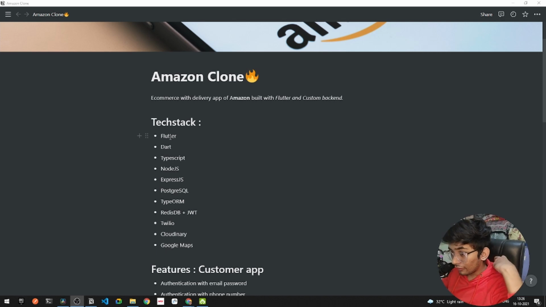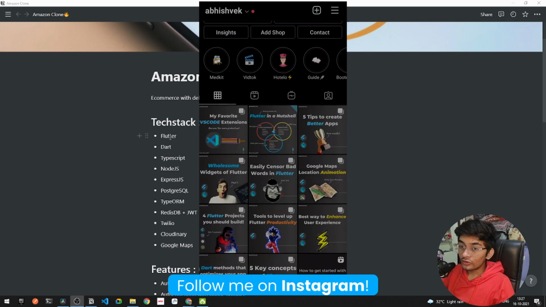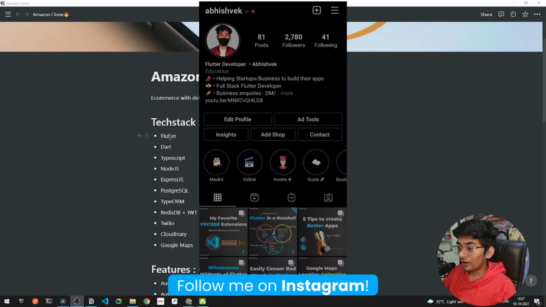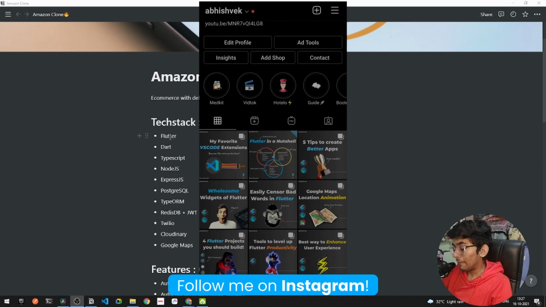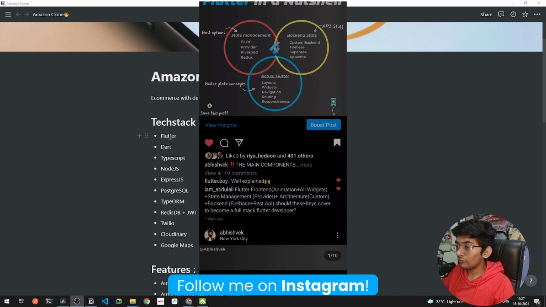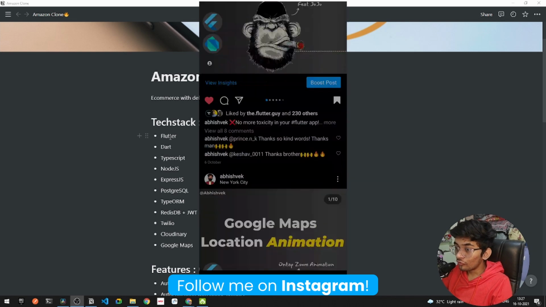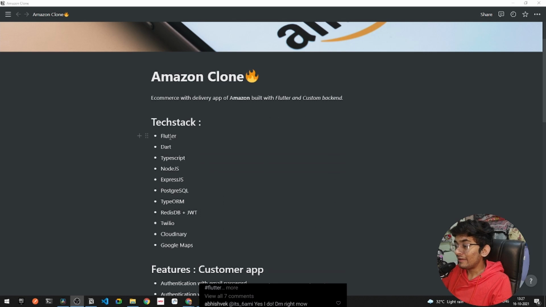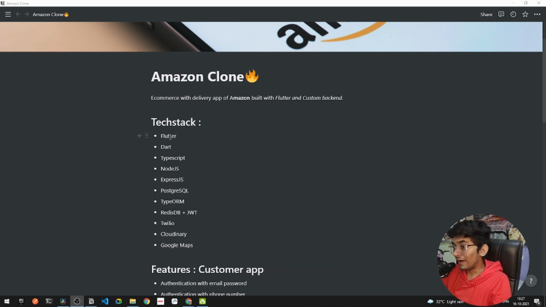After that, we have Cloudinary. Cloudinary will be used for storing our images. We won't be storing all of our images and videos in the database, but in a cloud storage like Cloudinary. You can use any sort of storage, but for our Amazon clone, we'll be going with the most basic and mostly free stuff, so we will be using Cloudinary. For showing the location of the user in our customer application, we will be using Google Maps. You can also use Leaflet maps, but I will be going with the standard Google Maps. Now, this is the basic understanding of the tech that we are going to be using in our Amazon clone.